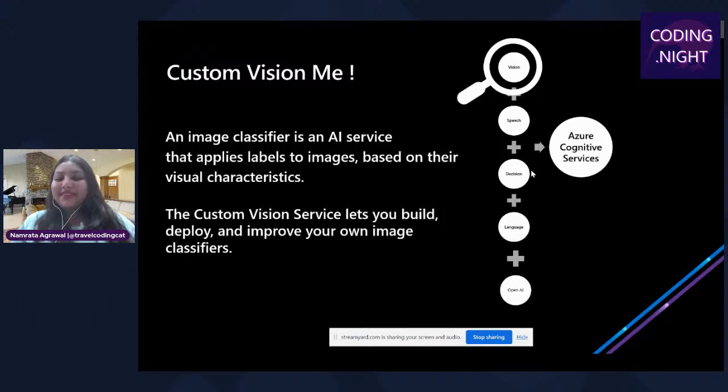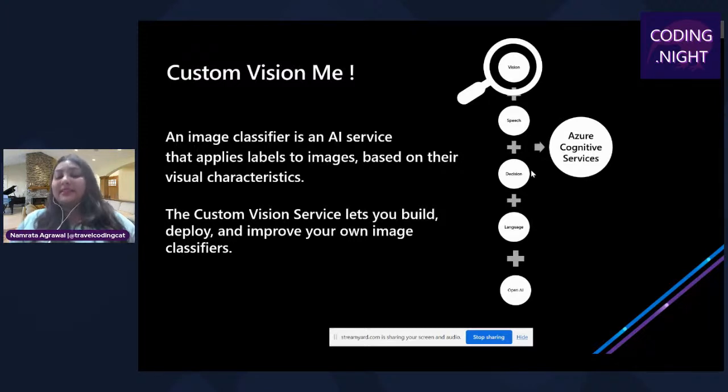And next part is language. Language is a very, very good one because it actually understands what you mean from the text. It is just like a human in front of you. For example, if you wanted to understand the summary of 3 to 4 pages, and you just wanted to save time, it will actually give you the extracted summary from the text. So I think it's the best use case if you wanted to go through legal documents and understand what it is and what important things we need to look at.